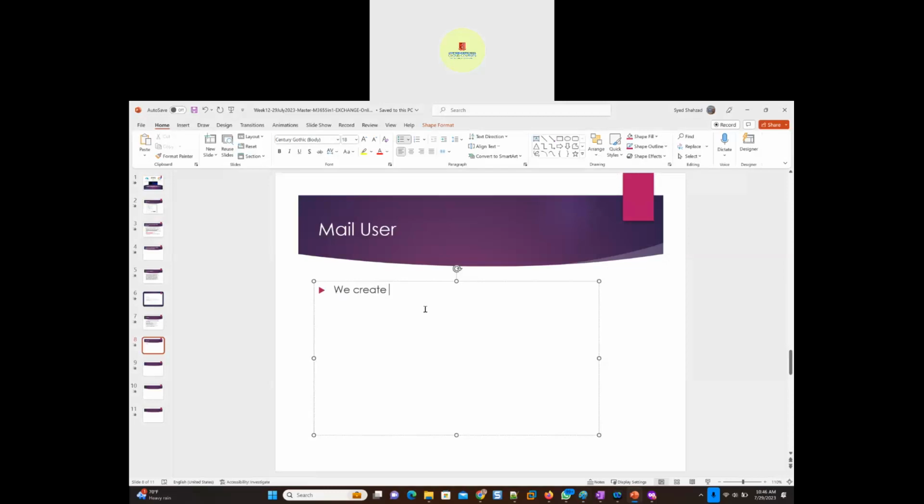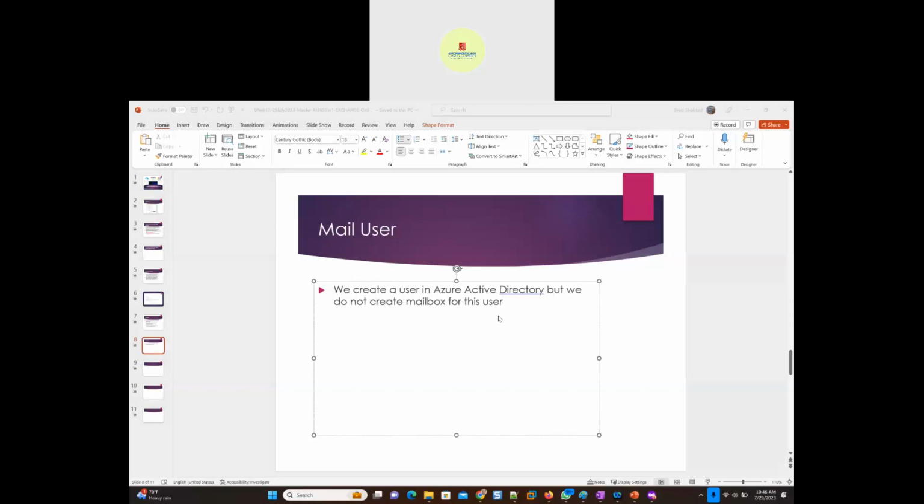We do create an actual user in Azure Active Directory, but we do not create a mailbox for this user. Now, what happens is